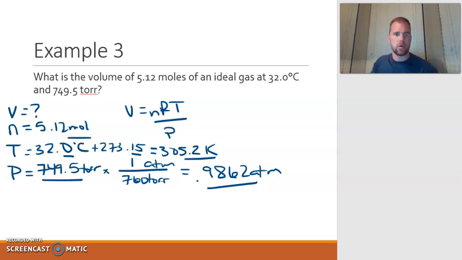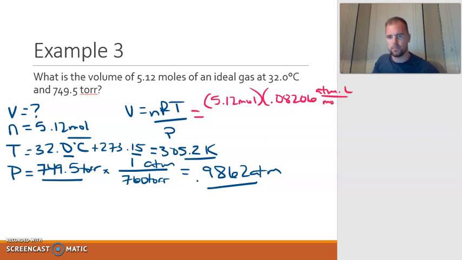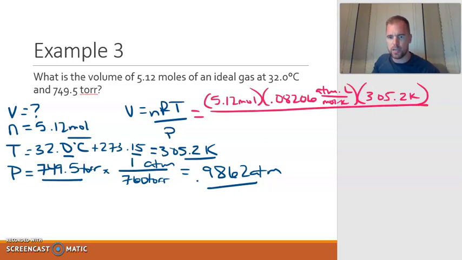All right, so now I've got my pressure, my temperature, and my moles all in the correct units. So now I'm going to go ahead and start plugging things in. Volume is equal to my number of moles, which is 5.12, times the gas constant, which is 0.08206 atm liter over mole Kelvin, times the temperature, which is 305.2 Kelvin, and then all divided by the pressure, which we converted was